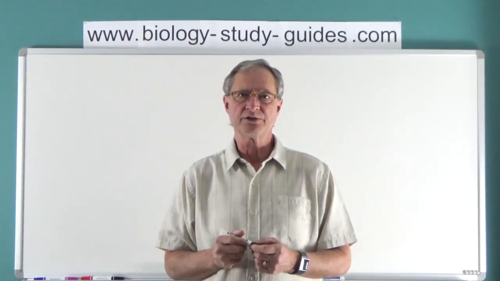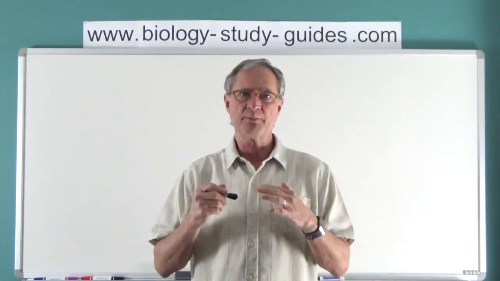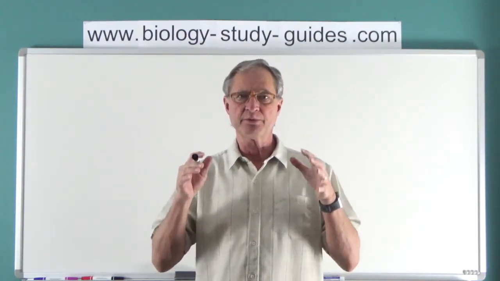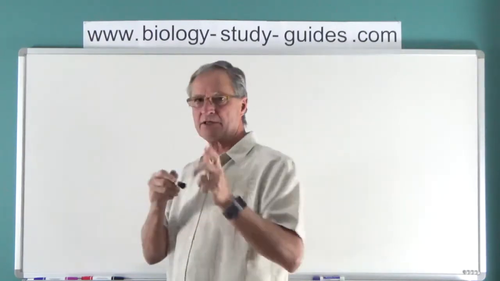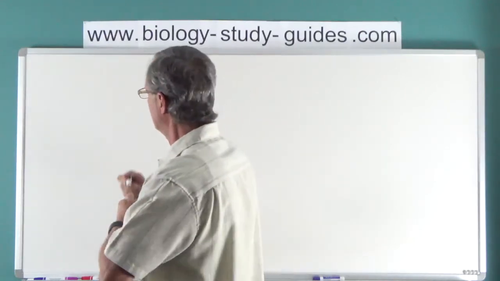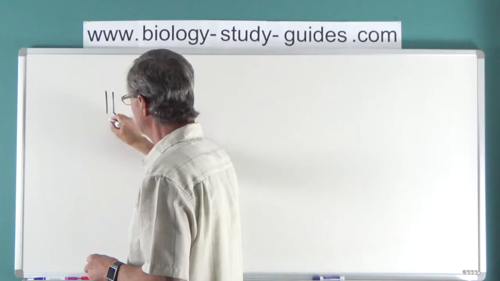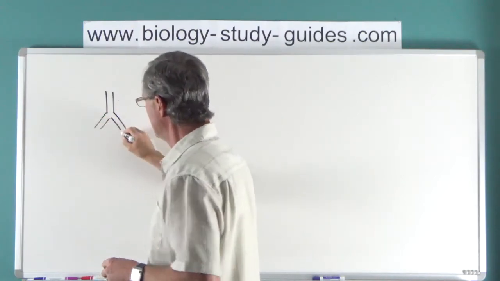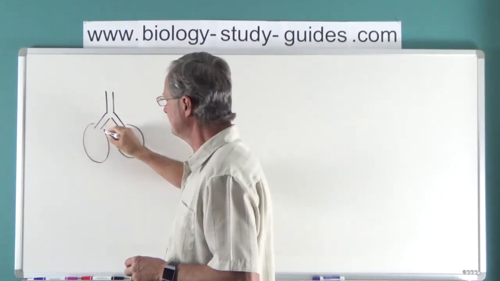In the first video of this series, we looked at the anatomy of the respiratory system. We considered the lungs and their position in the body above the diaphragm and the intercostal muscles between the ribs, and the trachea and the bronchi. I'd like to represent that one more time here, but in a very simplified form. So if we consider the trachea, the bronchi, I'm not going to draw bronchioles, I'll just represent the lungs, simply